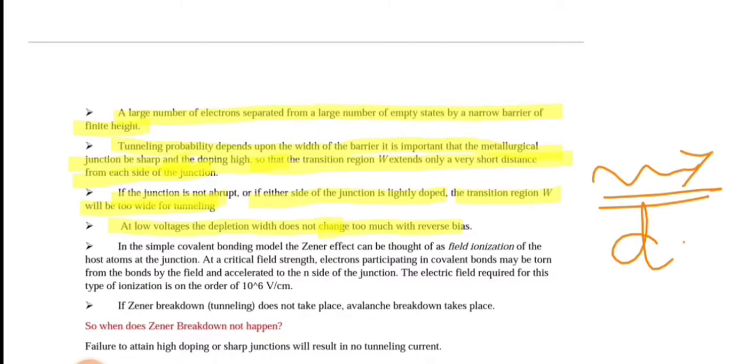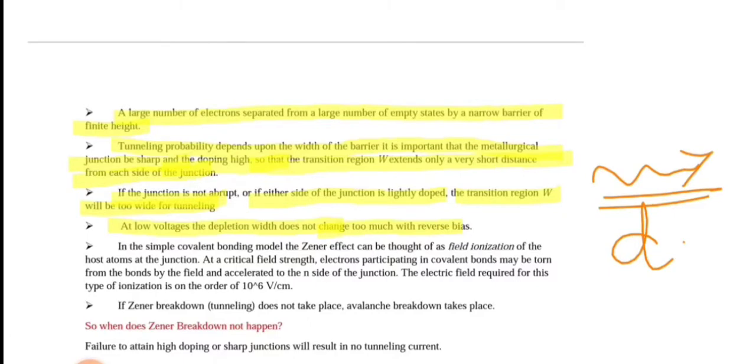Next we will see avalanche breakdown. Avalanche breakdown is also known as impact ionization, whereas Zener breakdown is known as field ionization. That means the electron hole pair is forming within the covalent bond. Electrons will be excited from the covalent bonding of the same atom. So there is no hitting and releasing of the atom, no collision process.